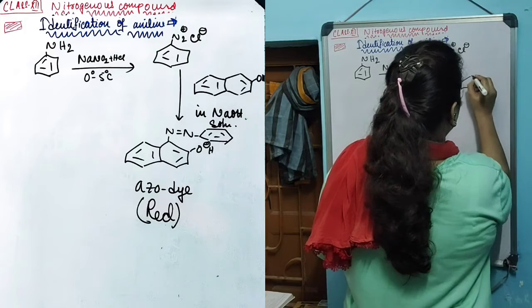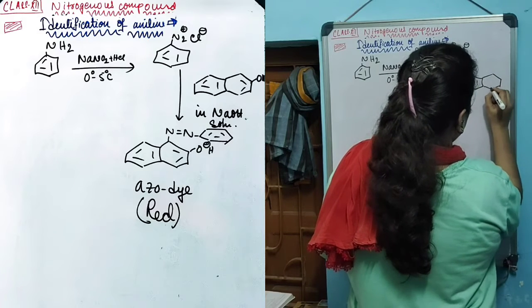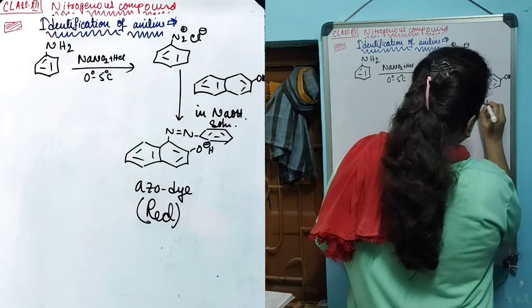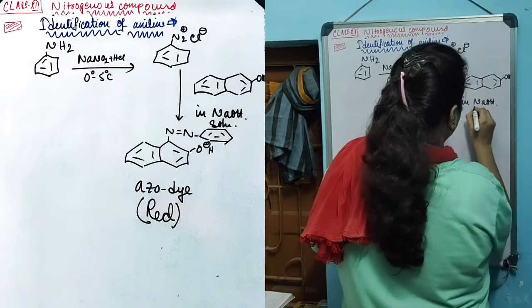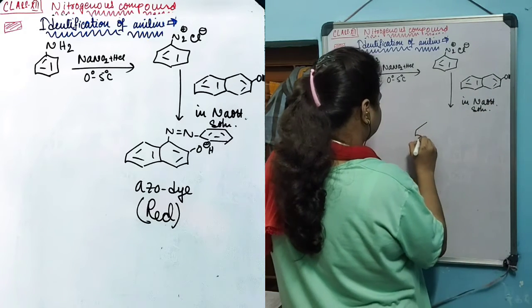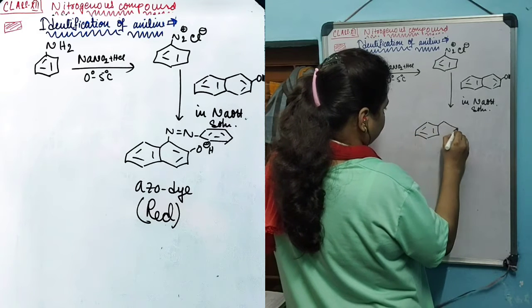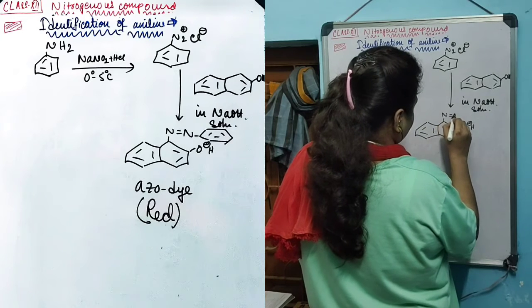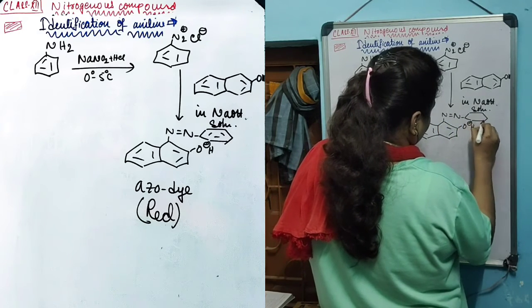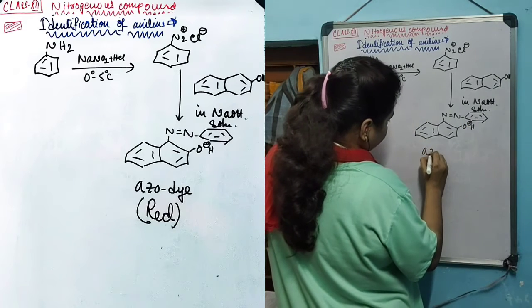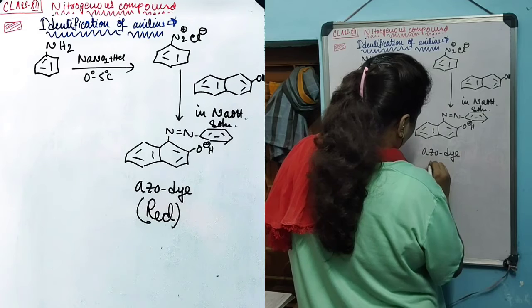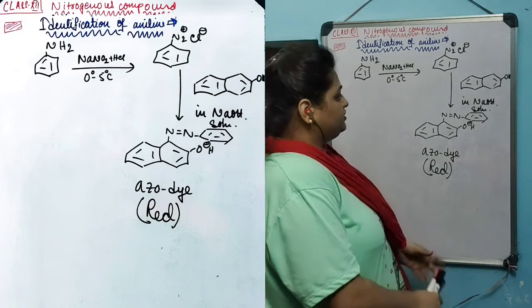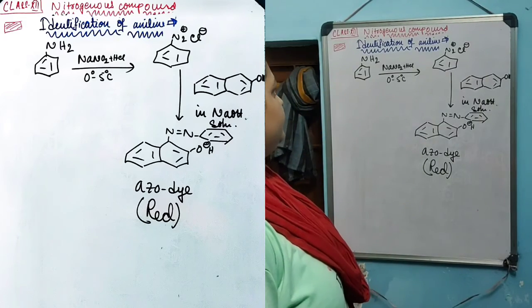When this benzene diazonium salt is treated with beta naphthol in NaOH solution, this azo dye is formed, which is red in color. This red azo dye formation proves that the initial compound that we had taken is